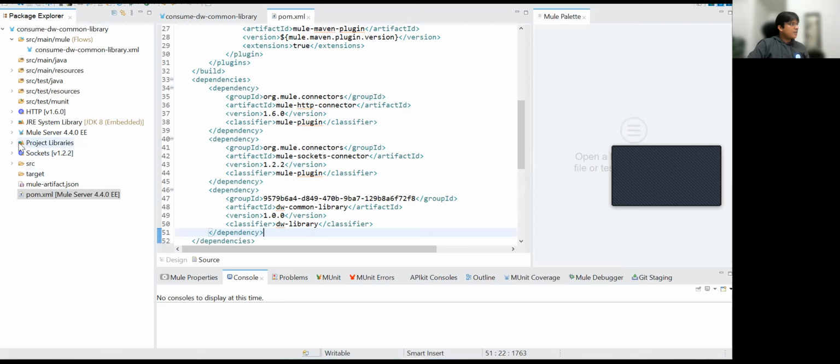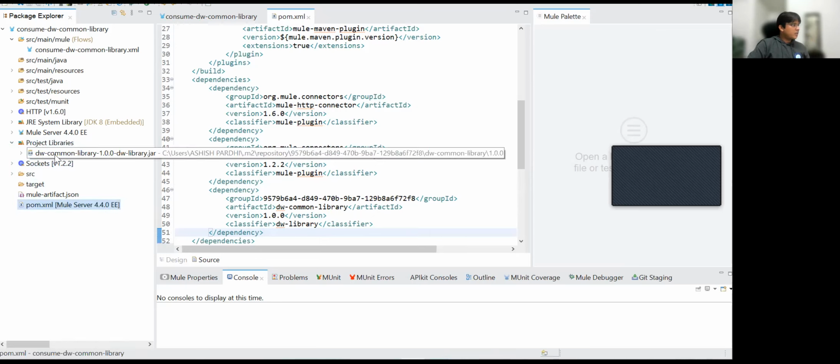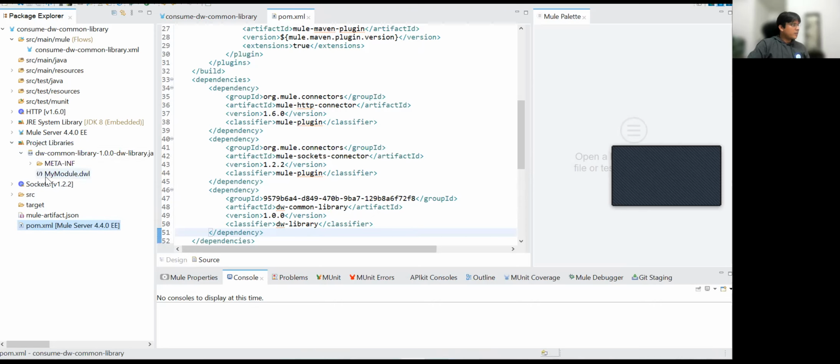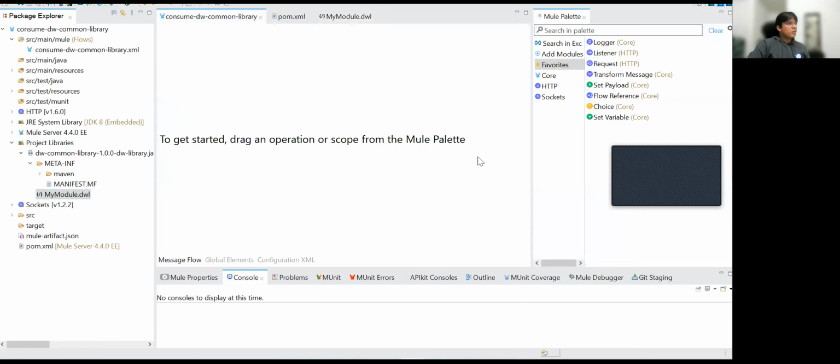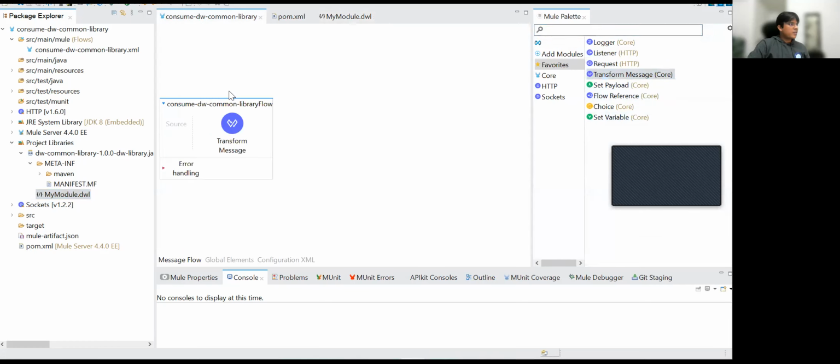Here, the project library is added. Under the project library, you see our project is there. To open this, we've got our code, right? This is the function. What we'll do is simply drag a Transform activity here, and in the Transform activity,